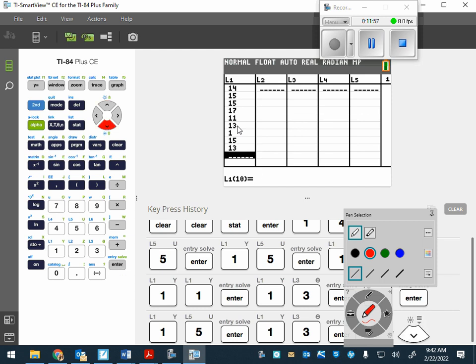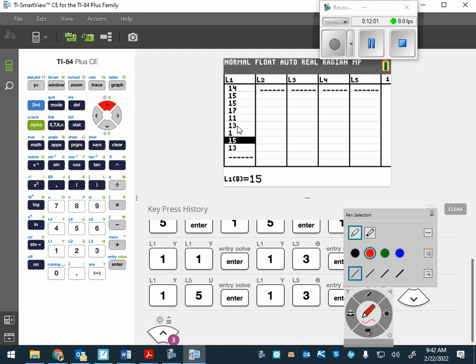Once you have your winning scores in your calculator in L1, you go to stat,